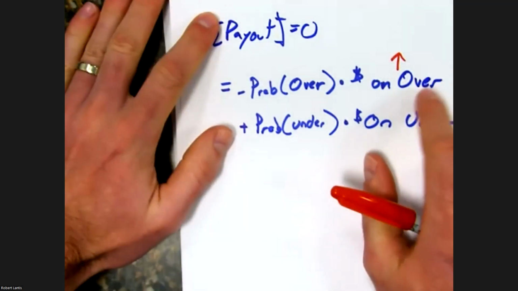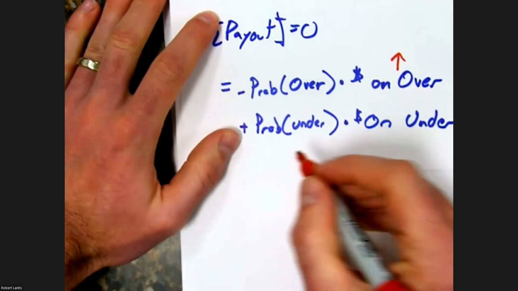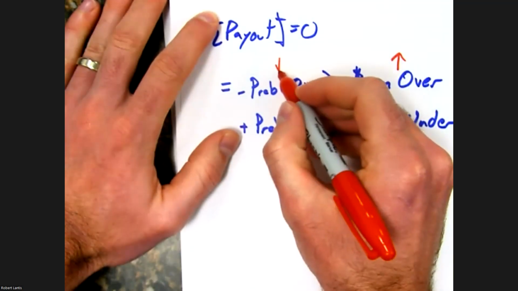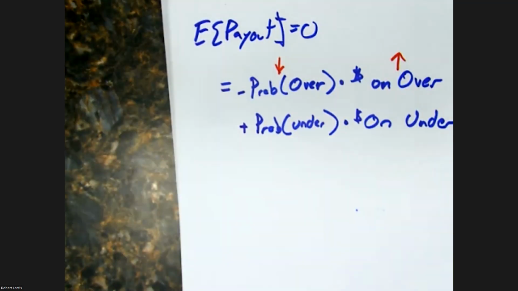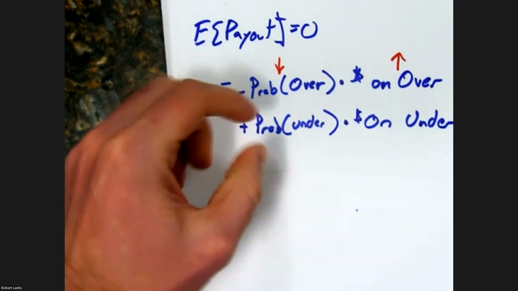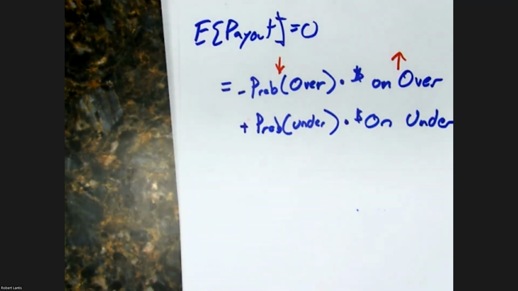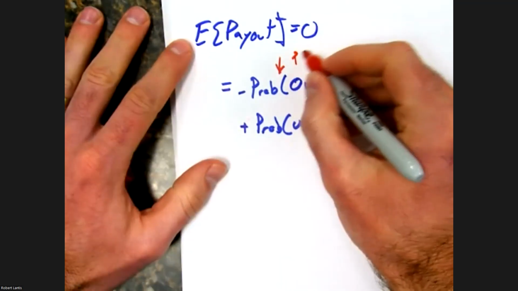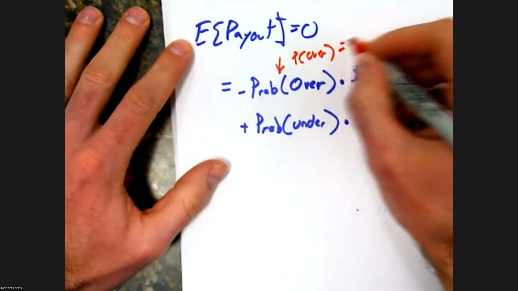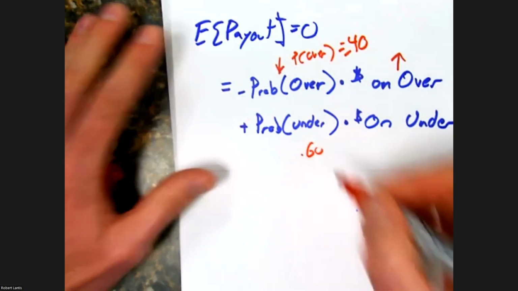But if people start betting more on one side, what am I going to do? I'm going to start lowering the probability that the over hits, or start raising what that total over line is going to be, right? So we start out in the scenario where the exact probability is 50-50. But from there, if we see more money go on one side, we have to start adjusting what that over line would be, so that it's actually going to be less than a 50% chance it occurs, right? If this number gets really, really high, I want the percent chance that the over hits to be not 50-50, but something like maybe even 40-60, right?